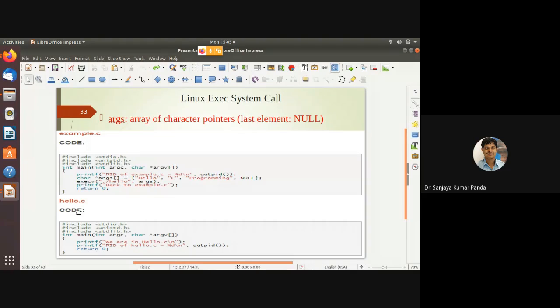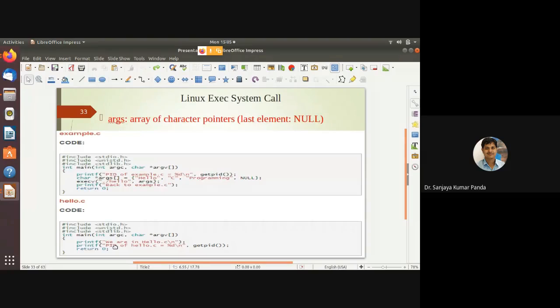You have to create two different files and run both. Executing example.c ultimately invokes hello.c so that you will get the output. First you write this program, then I will discuss what is inside it.